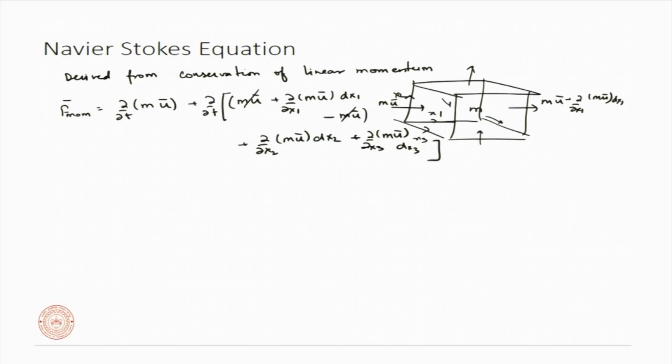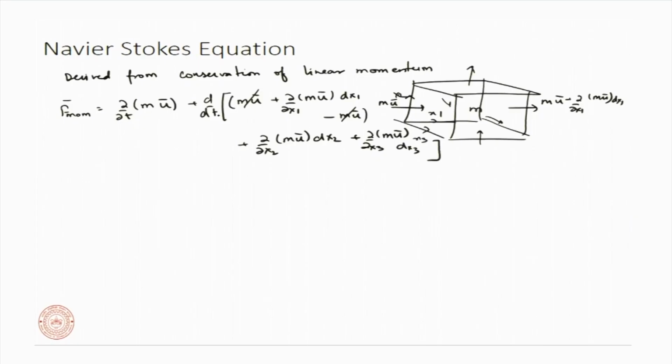Okay. Now, instead of making this partial, let us make it a complete, normal derivative, because x is a function of x itself, y is a function of y and z is a function of z. So, x1 is a function of x1 along the x direction, x2 is along the y direction and x3 is along the z direction. So, these derivatives will apply only onto these x1, x2, x3,